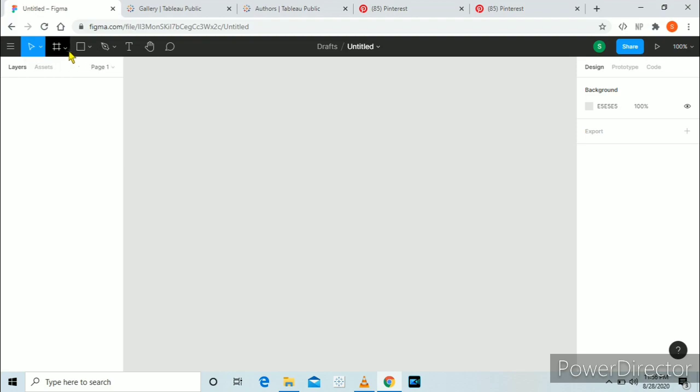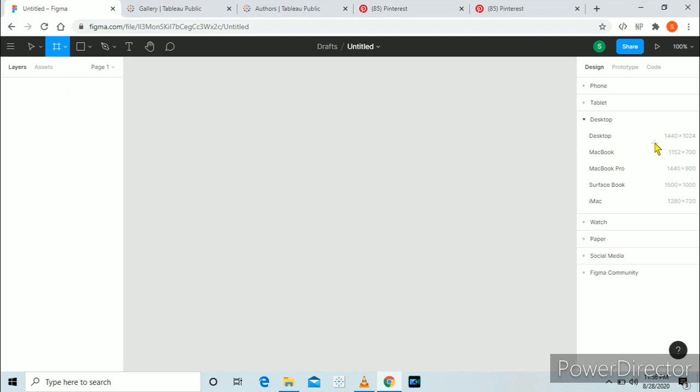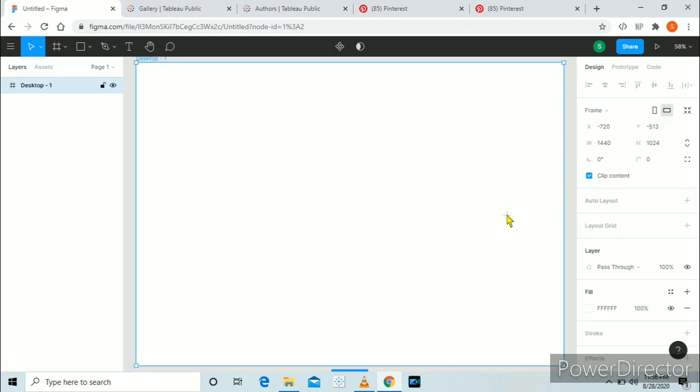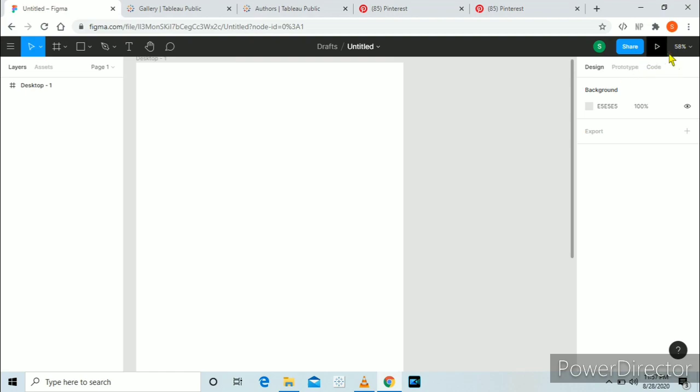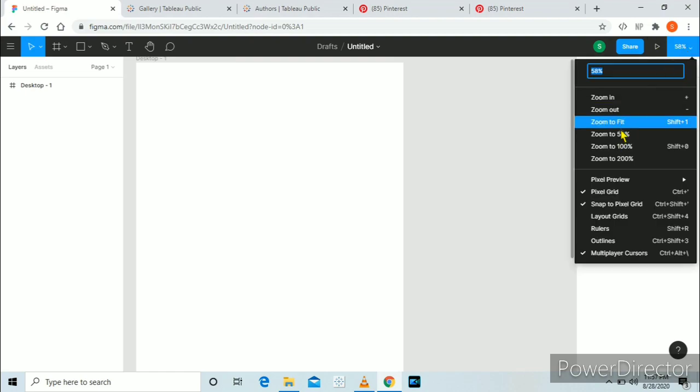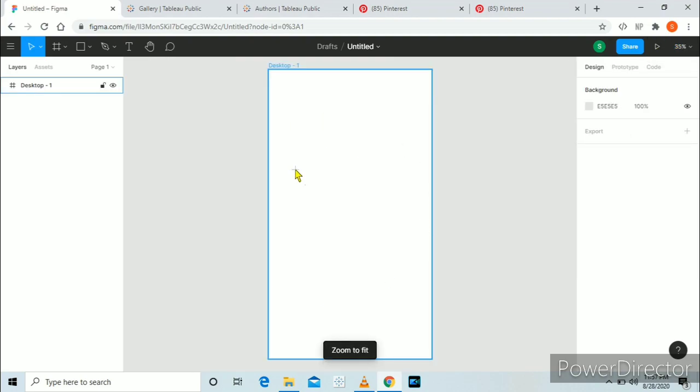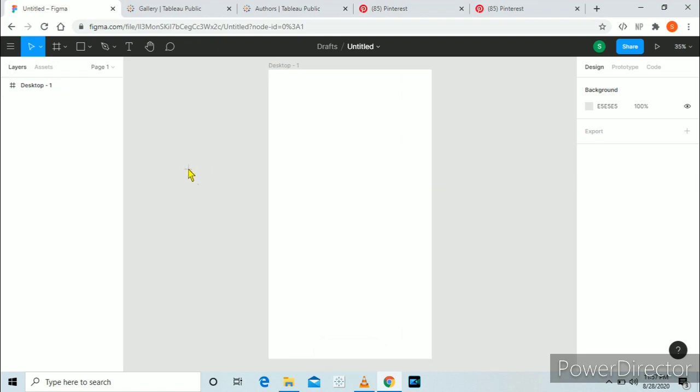Okay, here click on Frame. I generally select Desktop. Now give width and height according to your dashboard in Tableau. So in this example I am selecting width as 900 and height as 1600. Now click here and select Zoom to fit. Then your frame will be fitted to the screen.